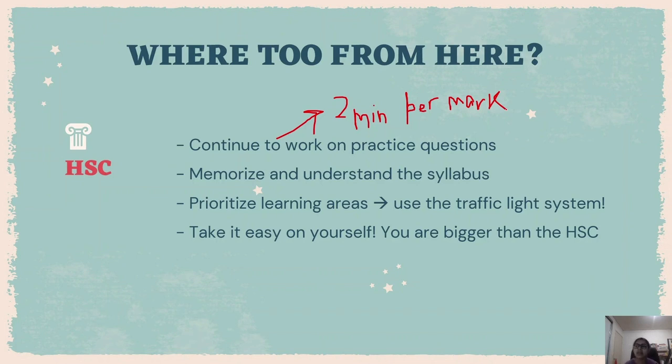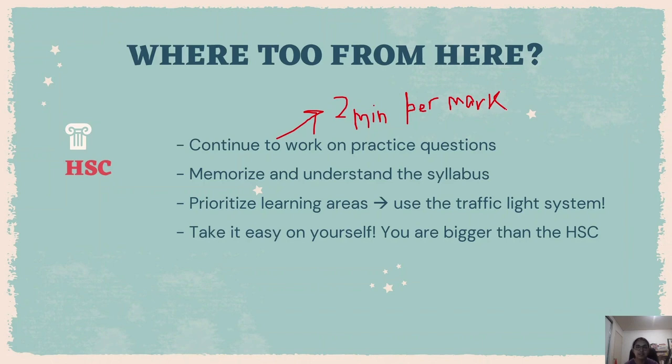One more thing with the traffic light system is to be easy on yourself, be kind to yourself. Don't just go ticking everything red because you're like, oh, I'm not sure I'll be able to do it. Don't do that. That will stress you out even more. And why do I say that with so much confidence? Because I've done it for bio and chem, and I've gone back and been like, wow, this is bad. And then I'm like, no, actually, I do know this. So let me ease off a bit on the red